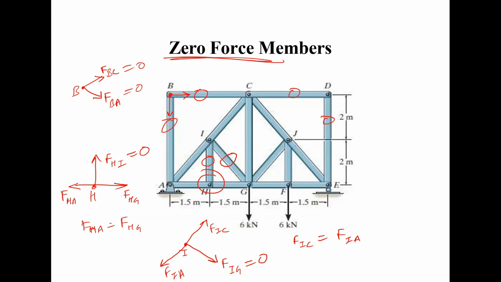Now if you consider this F joint, four forces are acting, so you cannot apply the shortcut rule. If you consider point G, more than three forces are acting, so you cannot apply the shortcut rule. At this point also four forces are acting, so you cannot apply the shortcut rule. At point C also you cannot apply the shortcut rule, because more than three forces are acting. And at point J, again more than three forces are acting, so you cannot apply the shortcut rules, and the same is applicable for joint I as well.